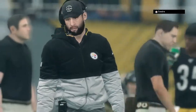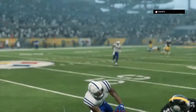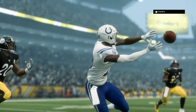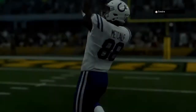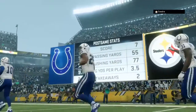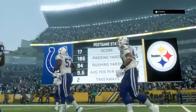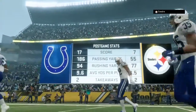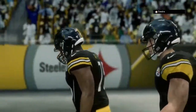And it wasn't a shutout. They did give up the points in the first quarter, but 2nd, 3rd, and 4th quarter, they held them scoreless. Brandon, if you throw a shutout for quarters 2, 3, and 4, you can win a lot of games in this league. And this felt almost like if you say baseball, and the pitcher goes through the lineup the first time and the hitters get to see him, and then they come out after that and the bats start blazing, right? I think they saw their best stuff in the first quarter and just shut everything down from that point on. What a great, convincing performance. So for Indianapolis,